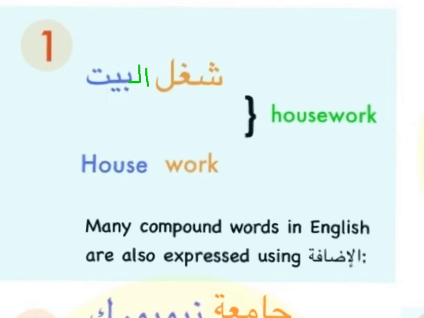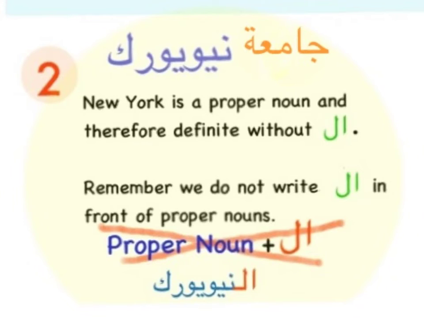Only the second word, because the second one has to be definite in order to give its definition to the first one. So again, شغل البيت is housework, إضافة. Now let's take another example. We saw جامعة New York. If you look at New York, it's a proper noun, and therefore definite